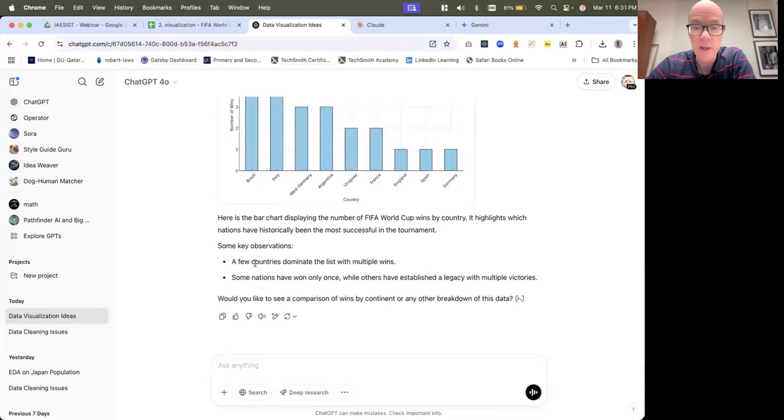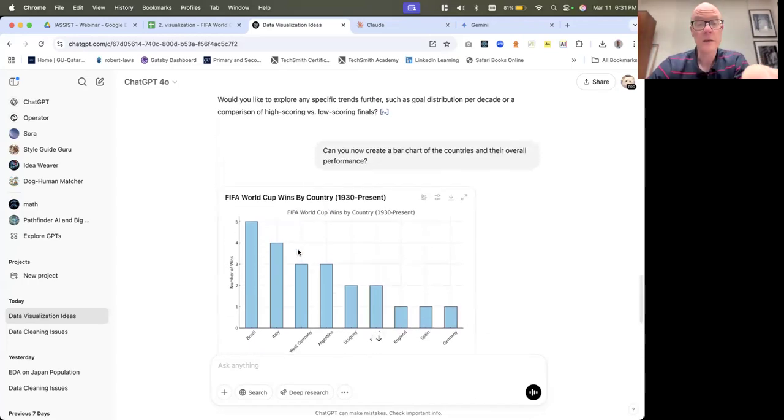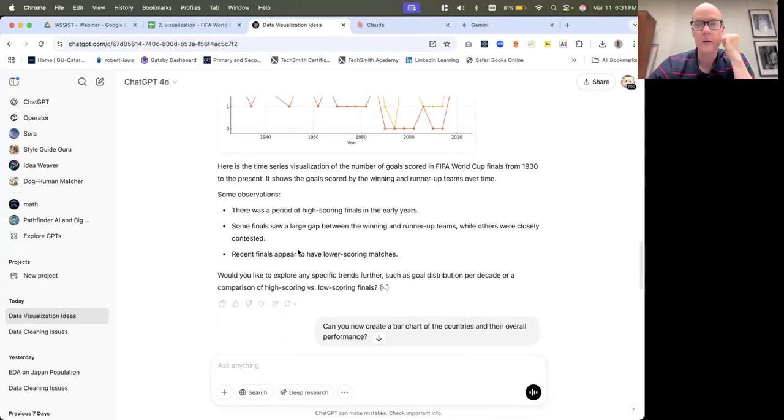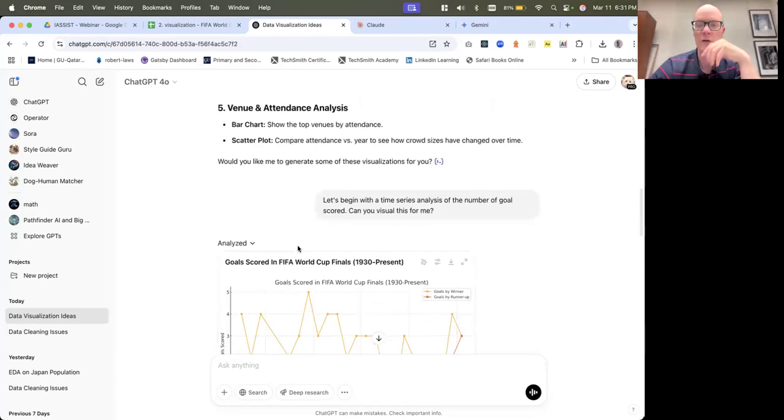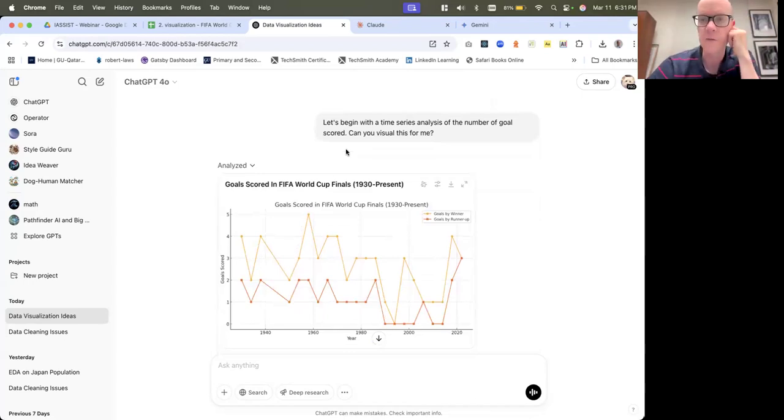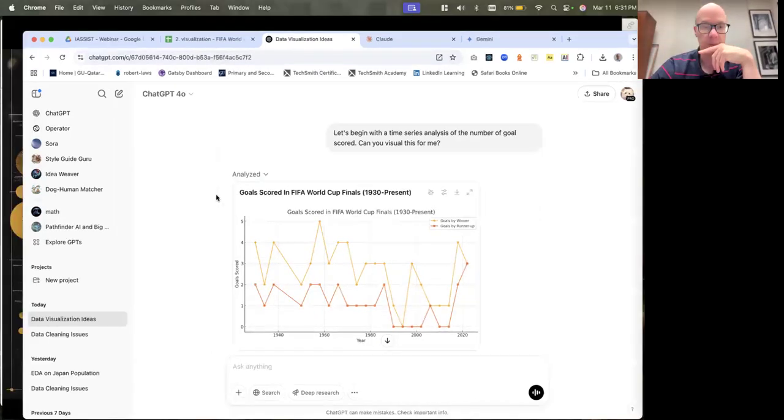But this is great because it also gives us some analysis. Again, this isn't deep analysis, just something basic. But you can see from that one data set, we're already getting multiple visualizations. We've just scratched the surface with this. We could go a lot deeper than this.